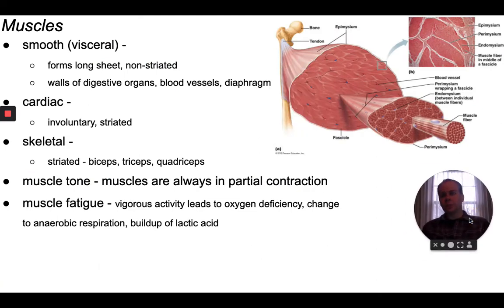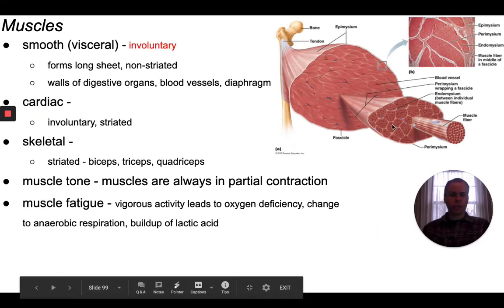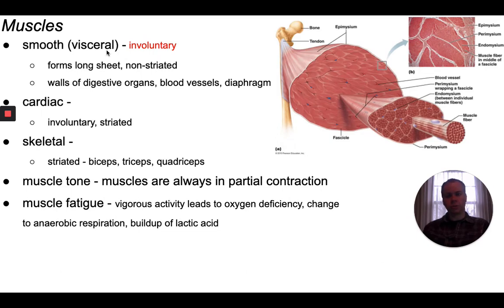So our muscles are obviously extremely important in terms of locomotion. Our muscles are what actually move our bones. And there are different types of muscle tissue. There's smooth muscle tissue, which is involuntary. It's muscle tissue that we don't have conscious control of. It often forms in long sheets, and it's important in our intestines, the walls of our stomach, digestive organs, blood vessels, our diaphragm. This is all muscle tissue